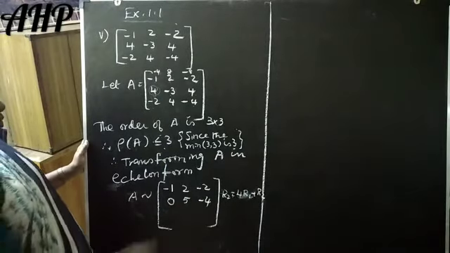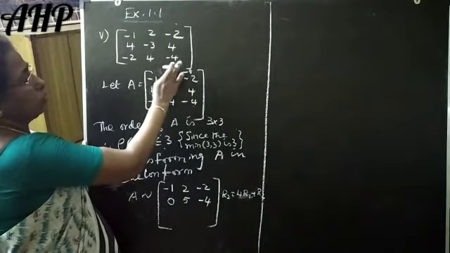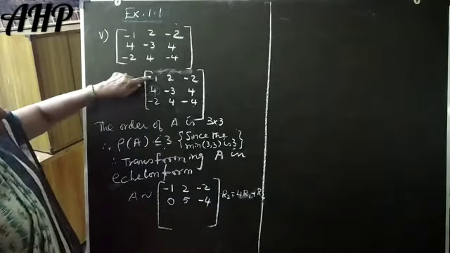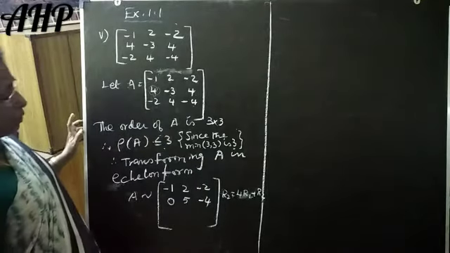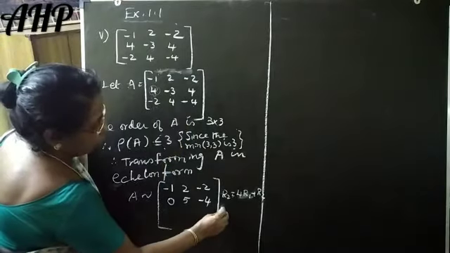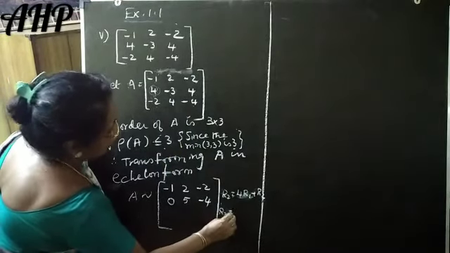Next, your aim is to make this place a 0. So if this place is 0, what would you do? You are supposed to get 2 here. Then if you subtract, the term gets cancelled. So multiply the first row by 2. So your R3 is equal to, how are you going to get your R3? Multiplying